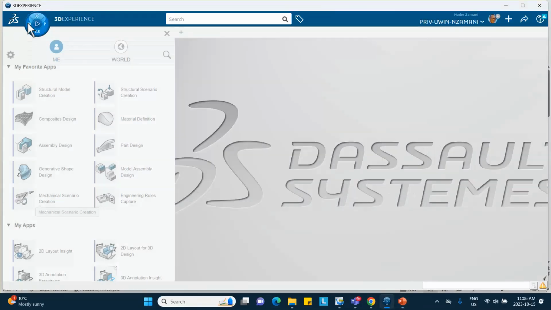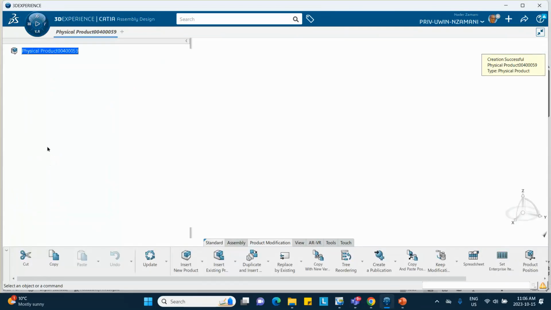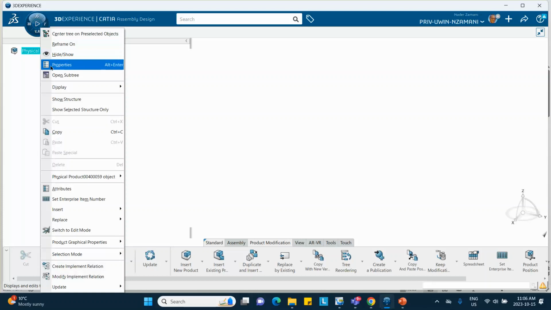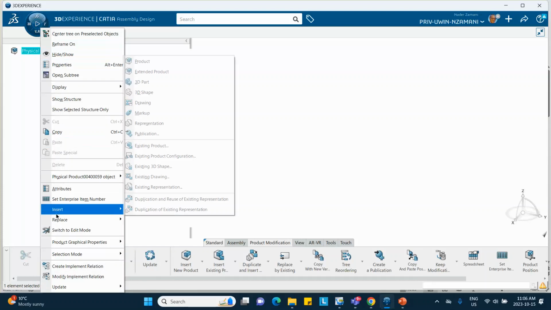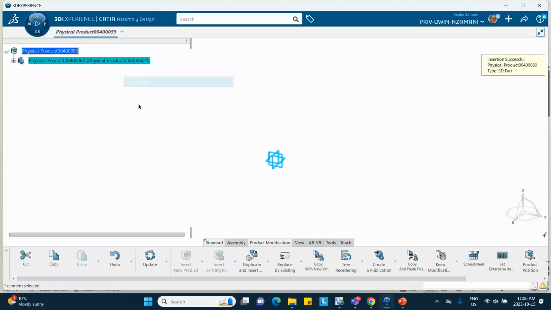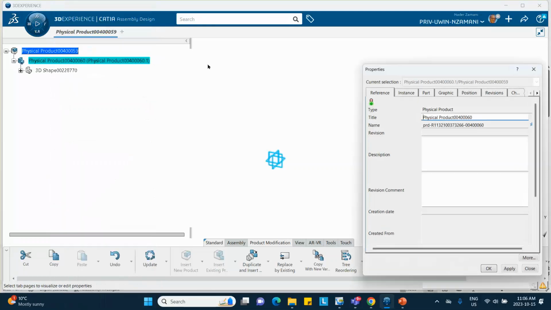I'm going to start with an assembly with the 2 parts here, and I'm going to right click, insert a 3D part, and that's going to be my plate. I'm not going to rename it, but it's going to be the plate. Well, maybe I should rename it. I'll call it plate